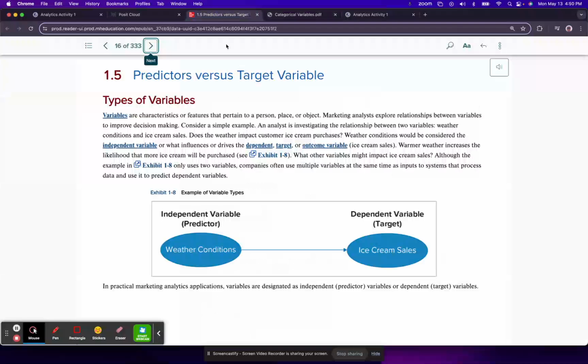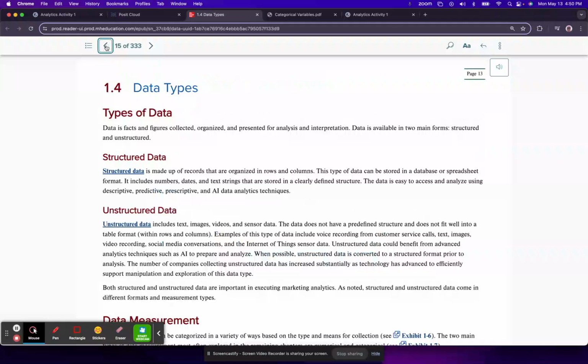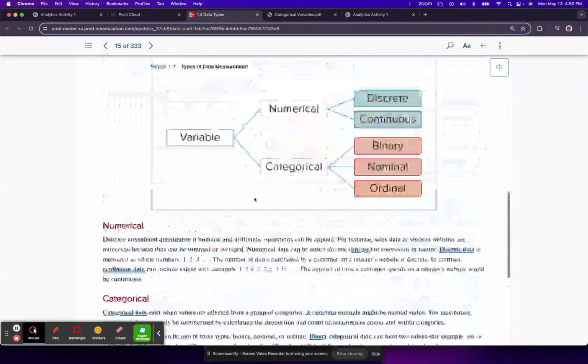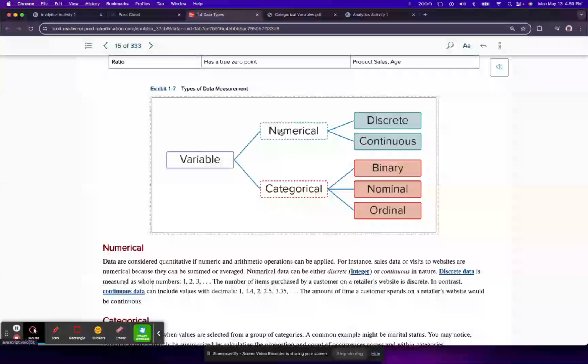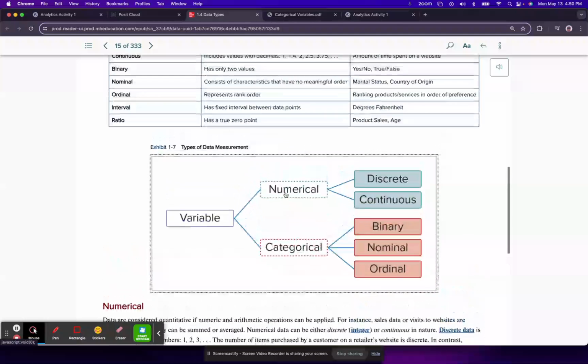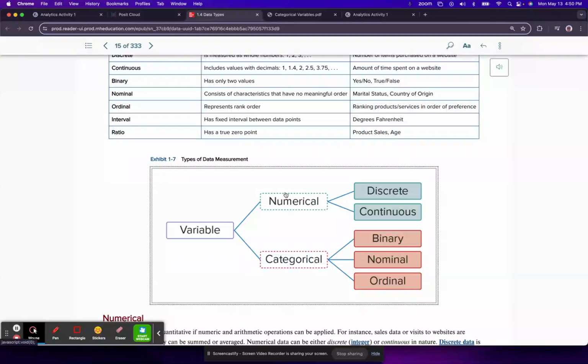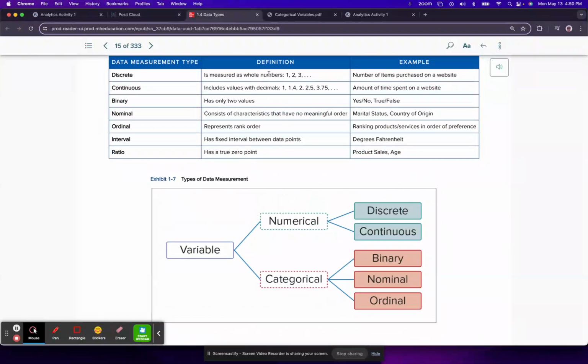And then we can further break down these variables into either being numerical or categorical. Numerical data, as the name suggests, would have to do with variables that are numbers. And they could either be discrete or continuous. So discrete would be whole numbers, 1, 2, 3.